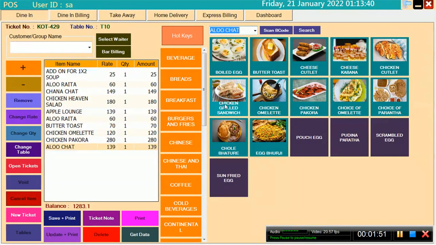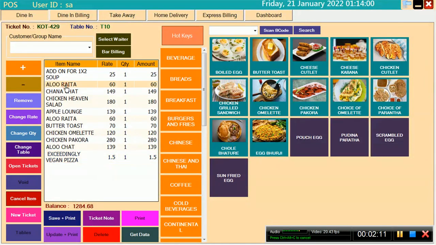Anything you want to add here, you can also put a barcode. For example, you want to put a code of your item, then whatever item you have put in the back office, you can put it easily here. If you want to change quantity, just click on any item. You can multiply.